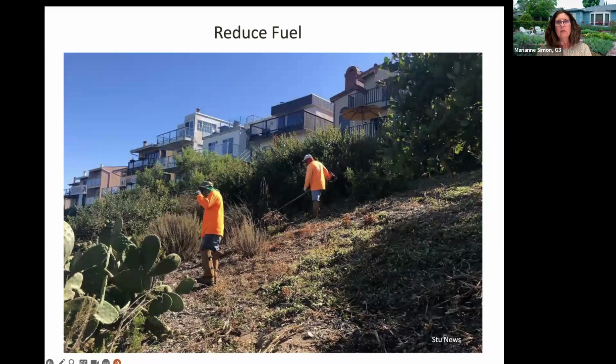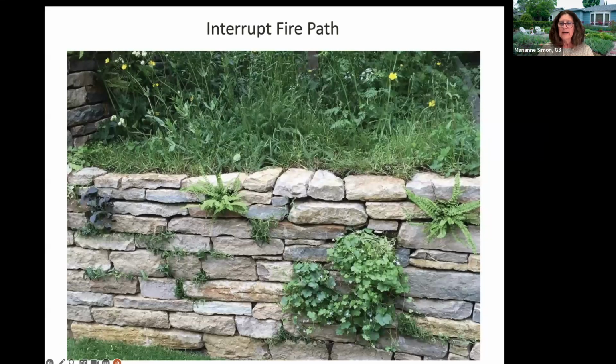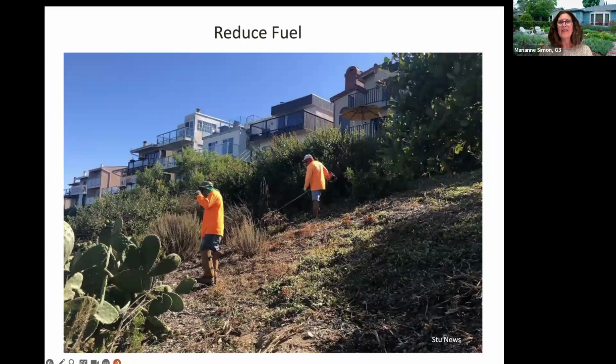So most people who live in that interface, who are actually out in the wildlands, May or June, you're being told that you need to reduce the fuel. So we've seen how important it is that grasses, shrubs get cut back, and that is stricter the closer you are to the home. We used to have an image here of that being done by the goats. So, are you doing that? Are you hiring someone to do that? But how important it is that you cut away, especially if you've got a lot of dead material there.